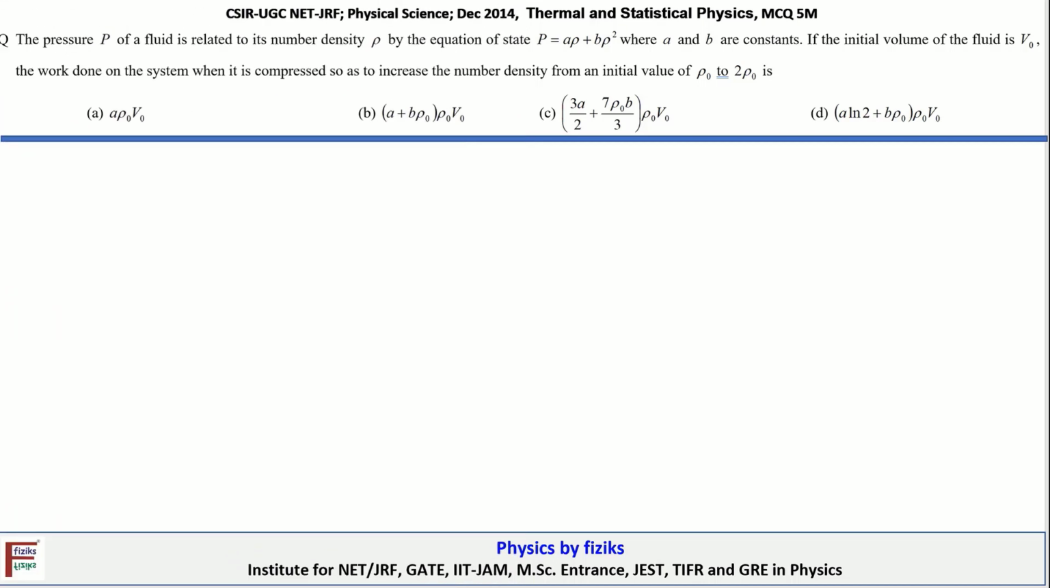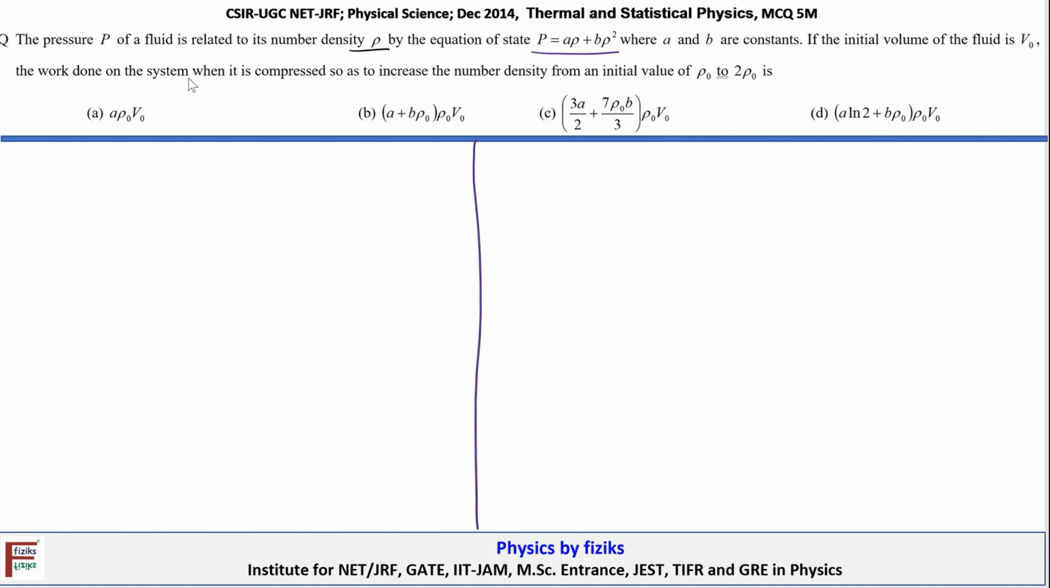So in this video we are going to discuss a question in thermal and statistical physics which appeared in the CSIR December 2014 examination. So let's continue with the first question. The statement is: the pressure P of a fluid is related to its number density rho by the equation of state, which is given as this expression,